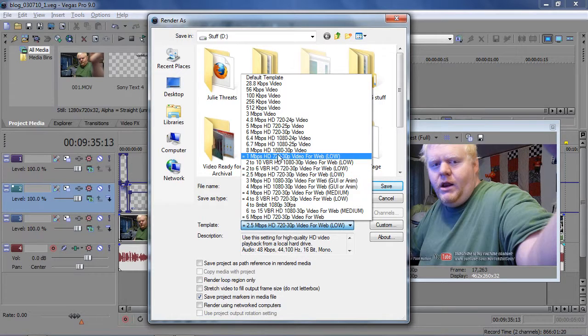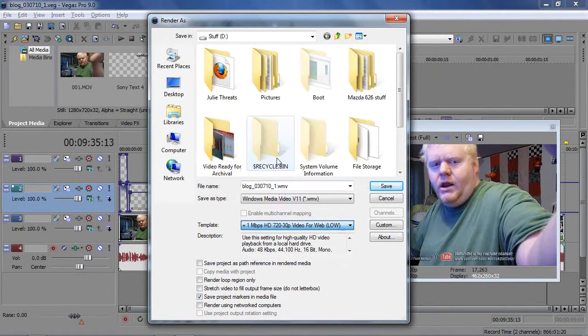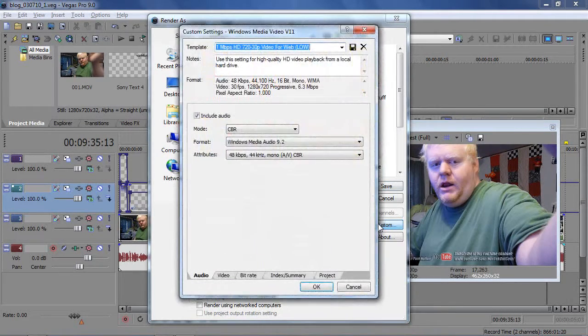You can see the ones that are custom because they have a little equal sign next to them. So what I've done, and you can choose one of these templates to start off with, is go to my template that I've already done, and I'll show you what to change. So this is 1 megabits, and what you do is choose a template and then click Custom. And I'm going to encode this video, since it's a blog, at a very low bit rate. So as you can see here,